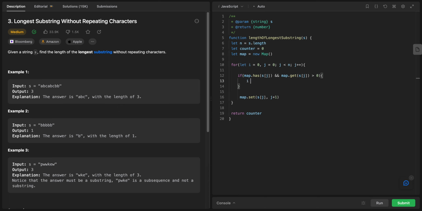So I will say I equals Math.max of map.get s of J, or I. So we want to get the bigger position,